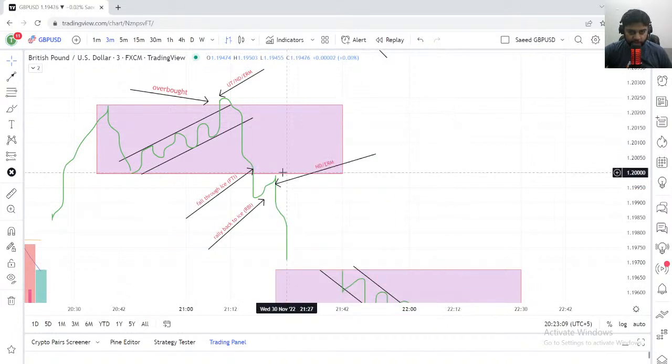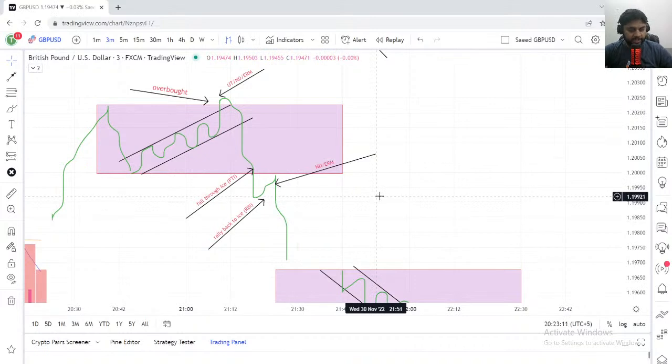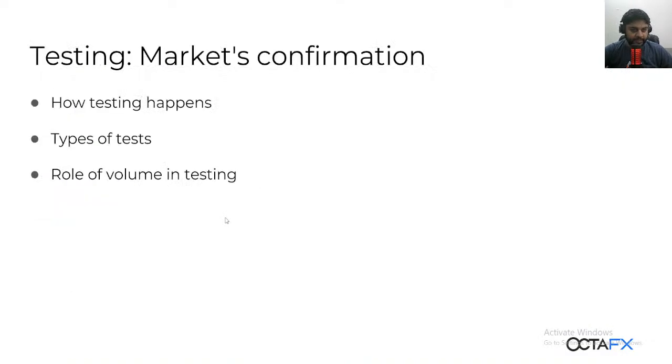Okay, so now we are putting everything together in the form of a jigsaw puzzle. How does testing happen? You see, the testing happens in the form of ND bar, NS bar, ERM bar and BH bar.